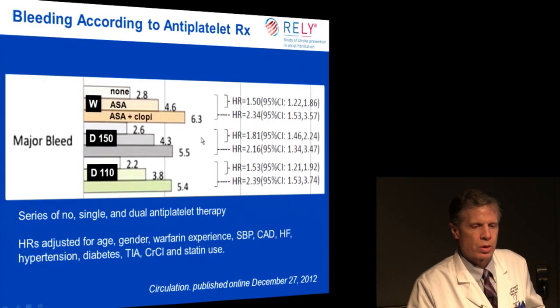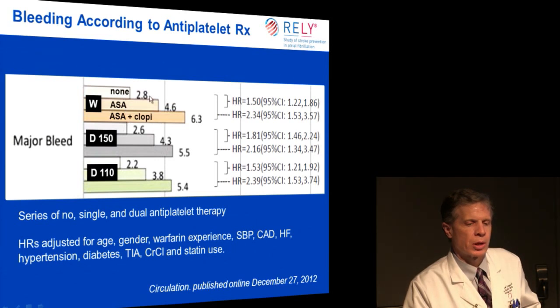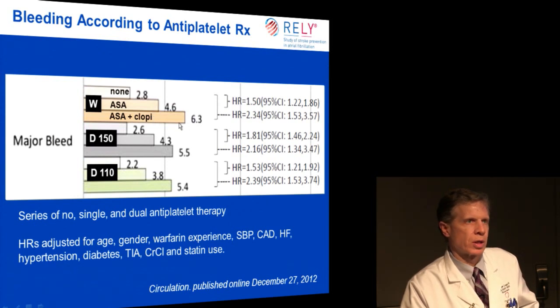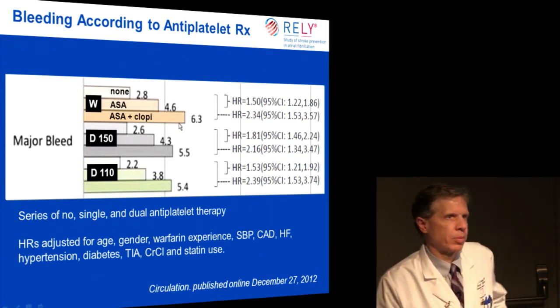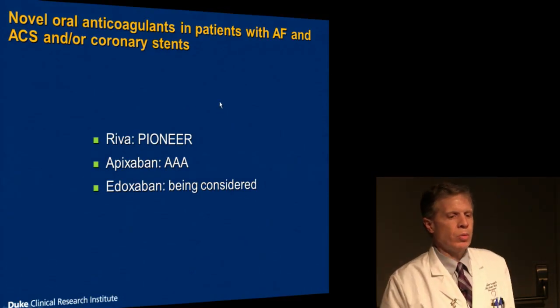Here's just one recent publication, from the RE-LY trial, looking at warfarin, dabigatran 150, and dabigatran 110, and looking at bleeding rates according to whether patients also were on aspirin or dual antiplatelet therapy. And you see there's a 1.5 to 2-fold increased risk when you just add aspirin to warfarin, and then a 2 to 3-fold increased risk with dual antiplatelet therapy, this in a chronic population. But again, a consistent theme. So we need more data,